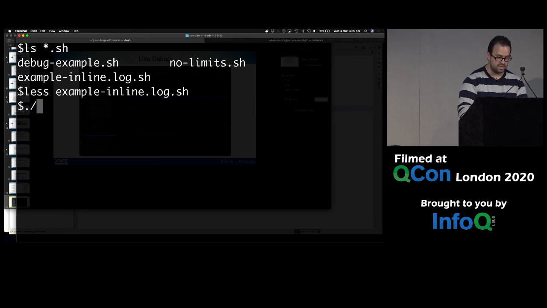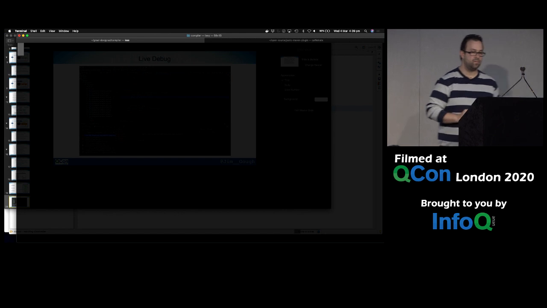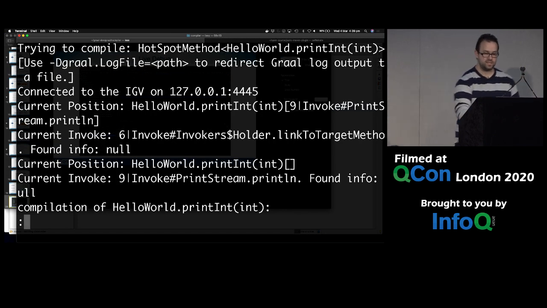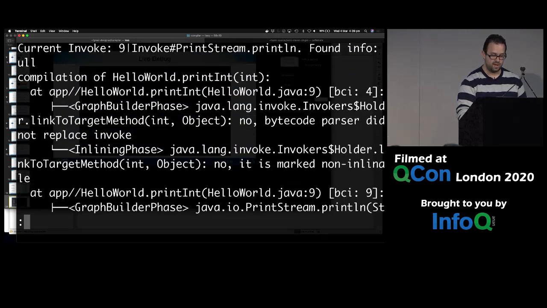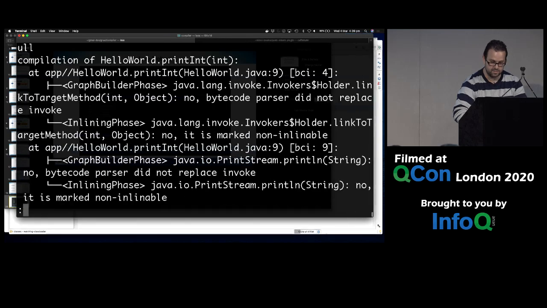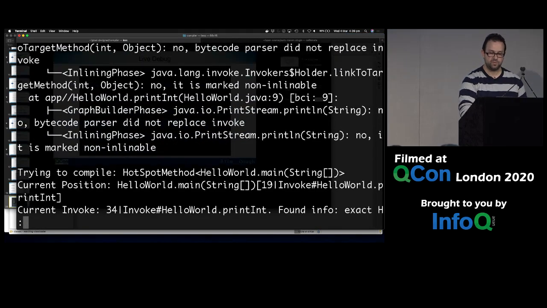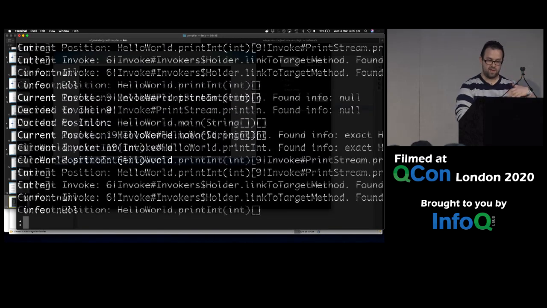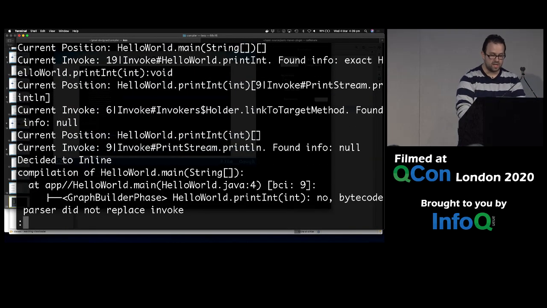So if we run example inline and pipe that into less, then what we will see is, maybe I'll just make that slightly smaller so it fits, that you actually start to invoke a lot more. You've got main, you've got print stream, and you can see that effectively that list going down. Now what's kind of interesting,